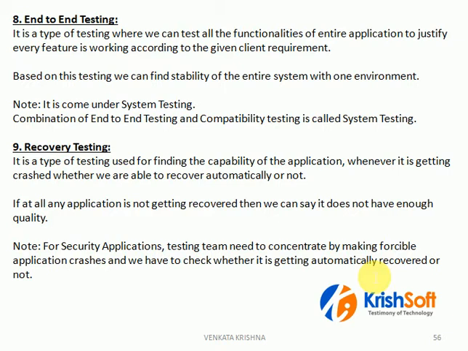So before going to system testing, we need to perform end-to-end testing to confirm that each and every end-to-end flow is working fine according to the client expectation. That is nothing but end-to-end testing. This is also part of system testing, whereas system testing is performing the end-to-end testing on different platforms. But end-to-end testing performs the end-to-end application testing on one platform. You need to confirm everything is working fine or not.